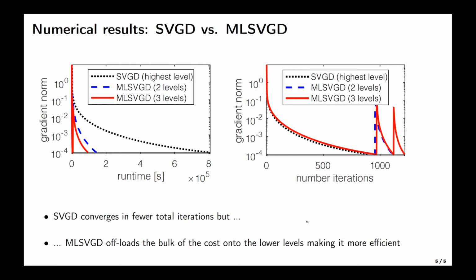And the plot on the right shows the norm of the gradient versus the number of iterations taken, while the plot on the left shows the norm of the gradient versus the runtime. And you can see by looking at the dotted black curve that although